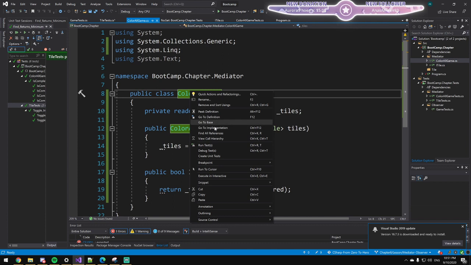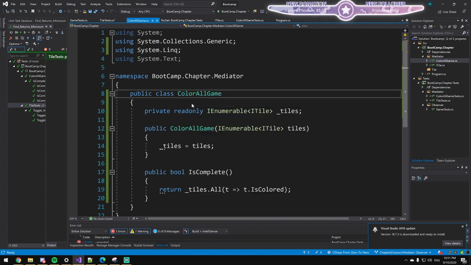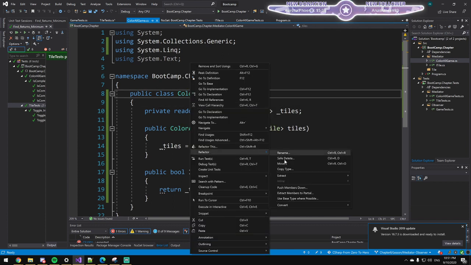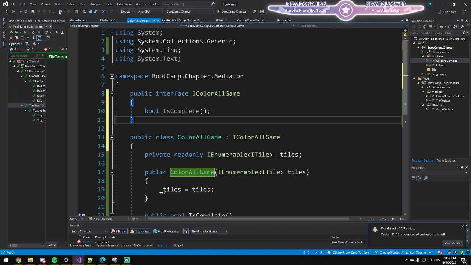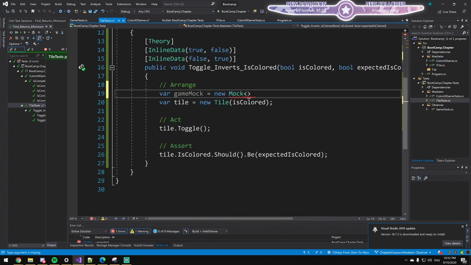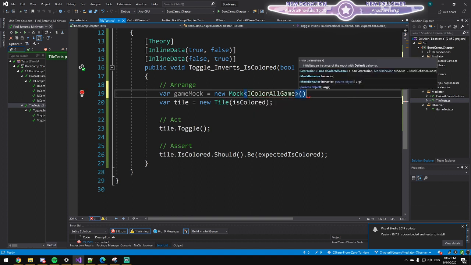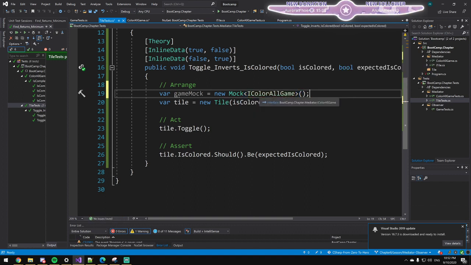So let's hit refactor, extract, interface, select this, next, done, go back to test. So I need to mock I color game. I don't need anything in particular, but what my expectation is that when